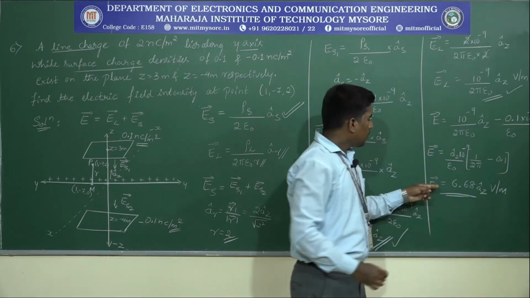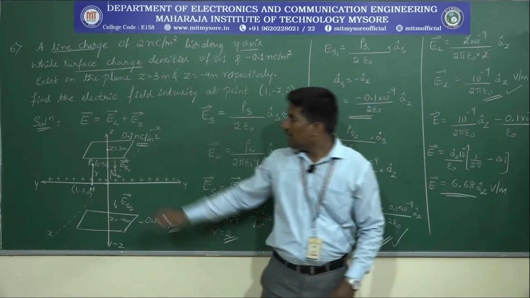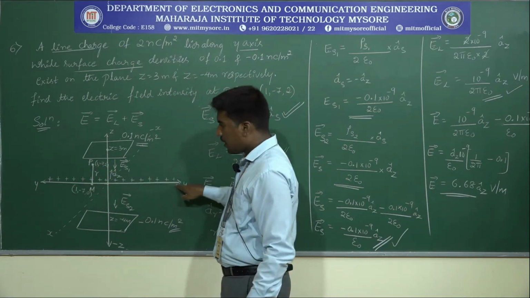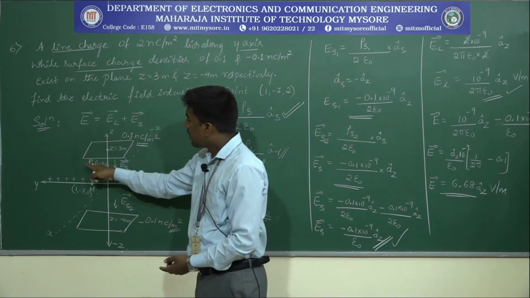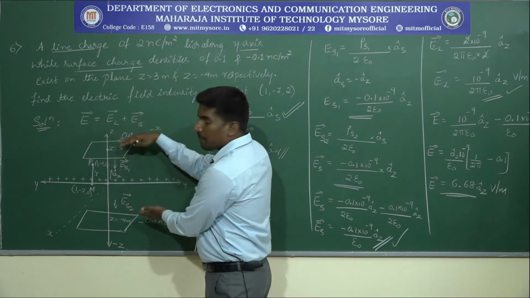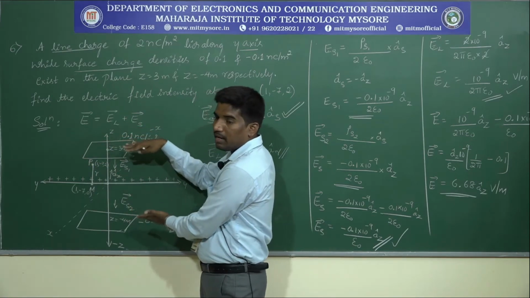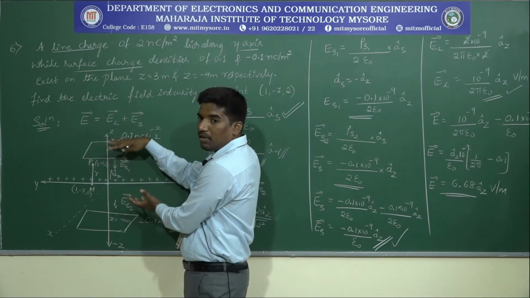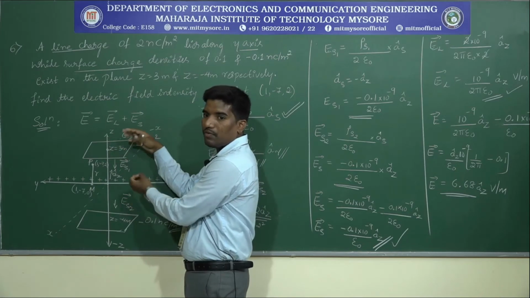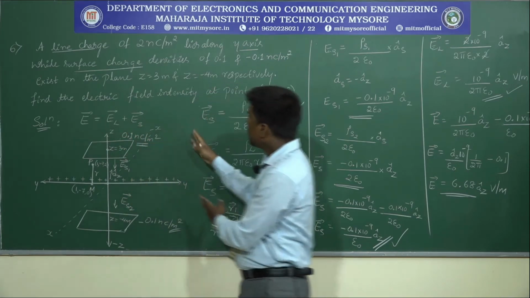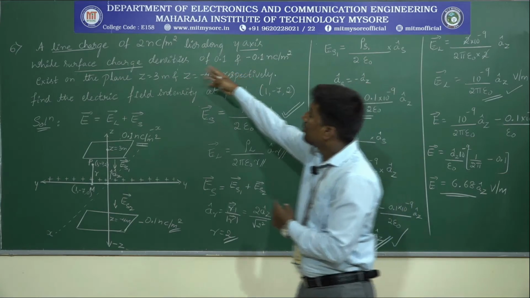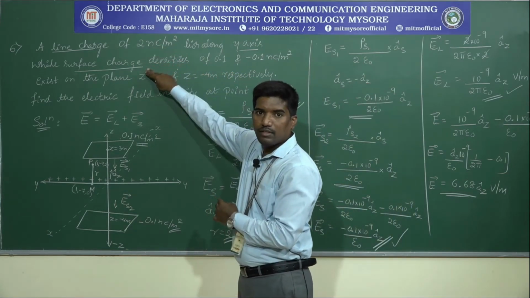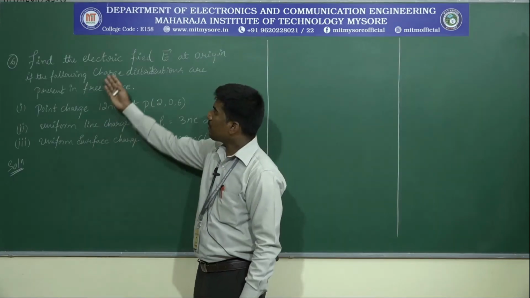This is the total electric field intensity at this particular point P due to the line charge along the y-axis and the infinite area surface charge along the z-plane. So we cannot expect it on the axis here. We need to consider the plane, because this is a surface charge of infinite area. Got it? This is how you need to solve when two different types of charges have been given. Got it? Thank you. Continue with the next problem.